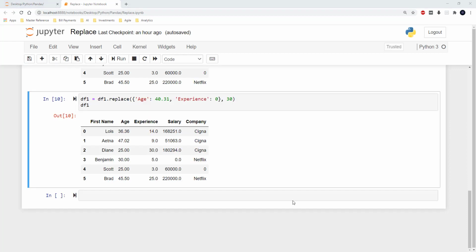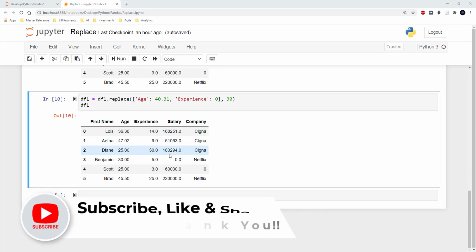I can also use a derived or calculated value to replace a specific value in a specific column. If you see the salary column here, it has a value 0, and I wanted to replace this 0 with the mean or the average of all the salaries so that it would make more sense.